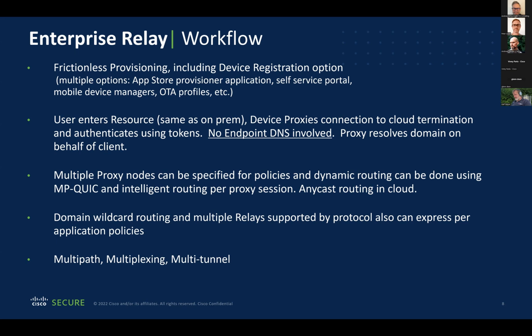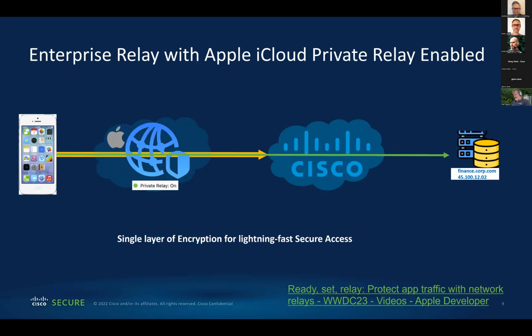And one of the key reasons we chose MASQUE is because underlying MASQUE is QUIC, and that allows us to do things like multipathing, multiplexing, and also multiple tunnels. So we're not restricted to just one relay in the solution. So here's a look at, as was mentioned earlier, we did a collaboration with Apple,